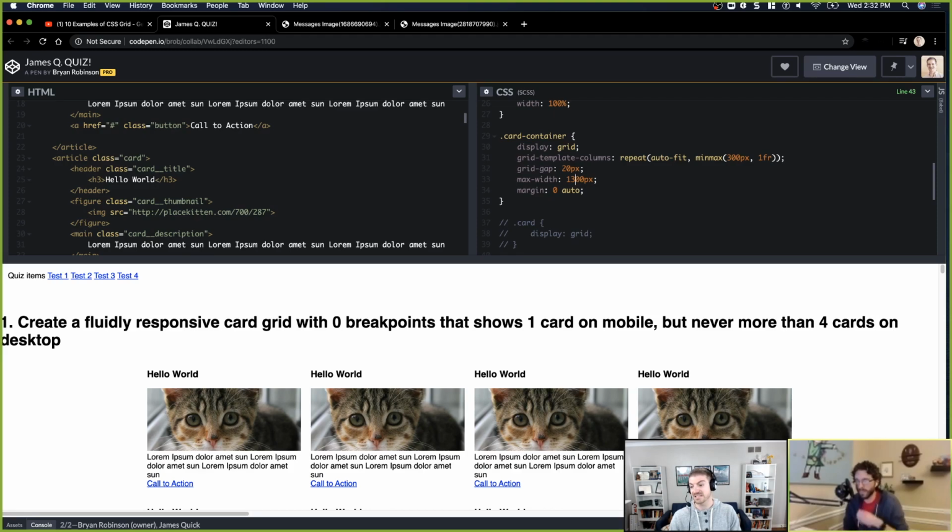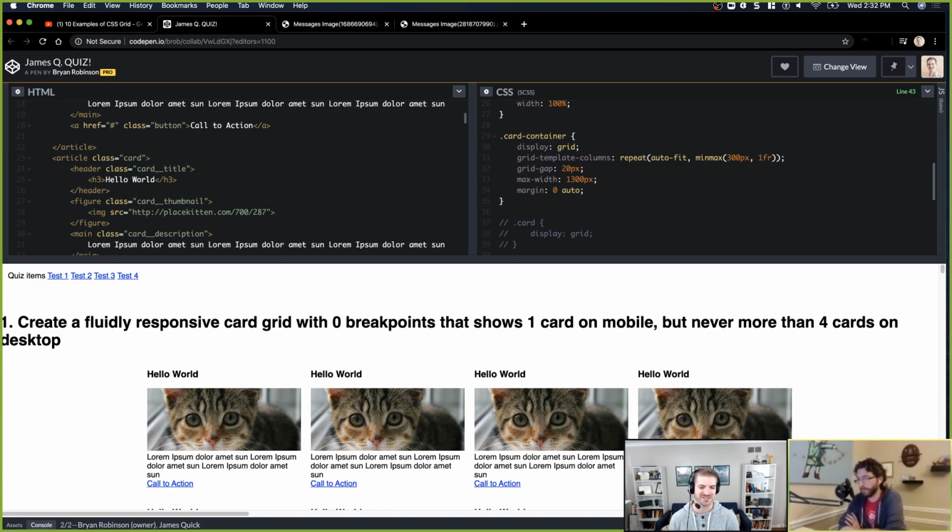So it needs to be above 1260 to allow for 4 cards, but no more than that, to prevent 5 cards. And the big thing, the main reason that I threw this in, which is not actually in the course or in my examples, is that not every problem in CSS layout is a grid or a flex problem to solve. The old ways still work pretty well.